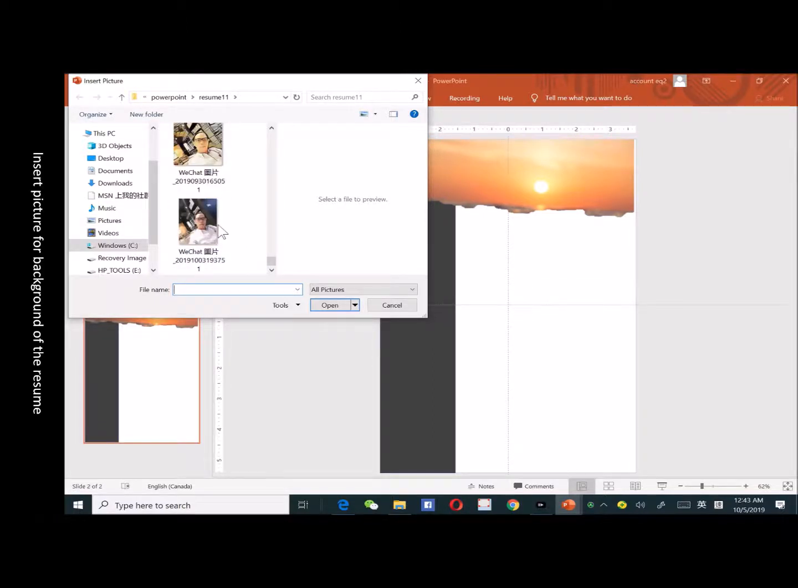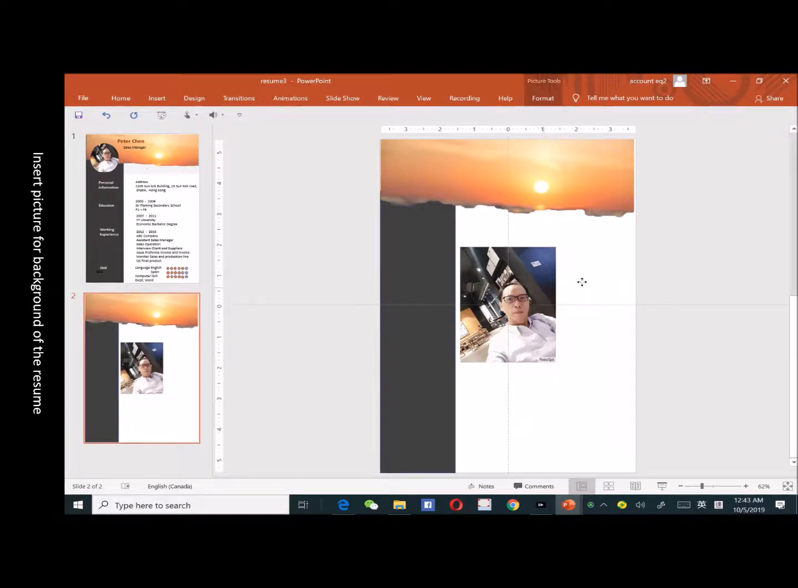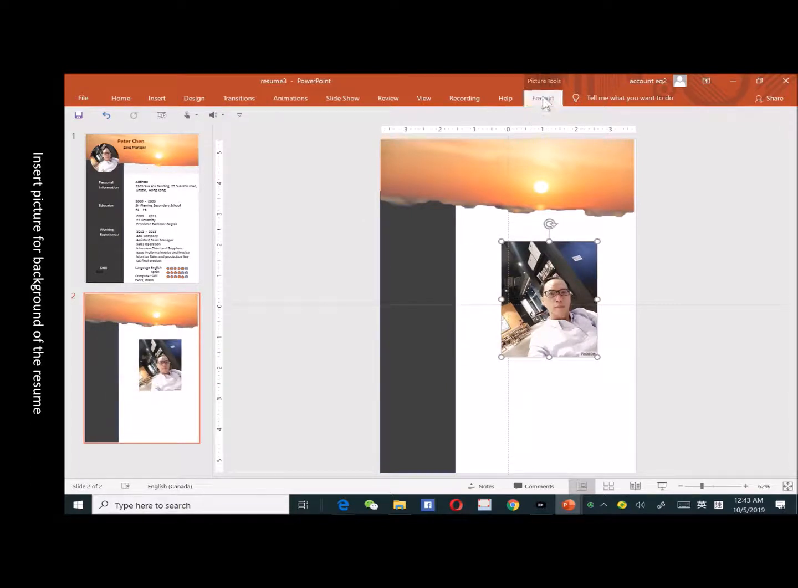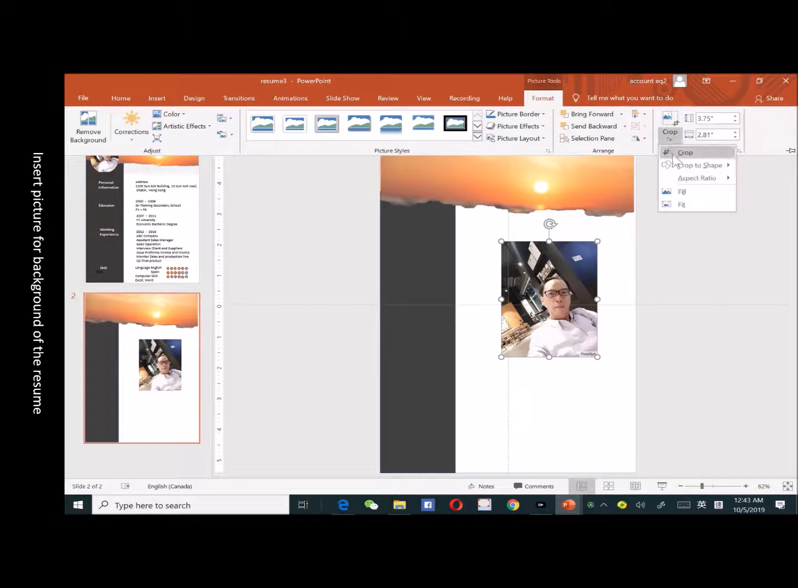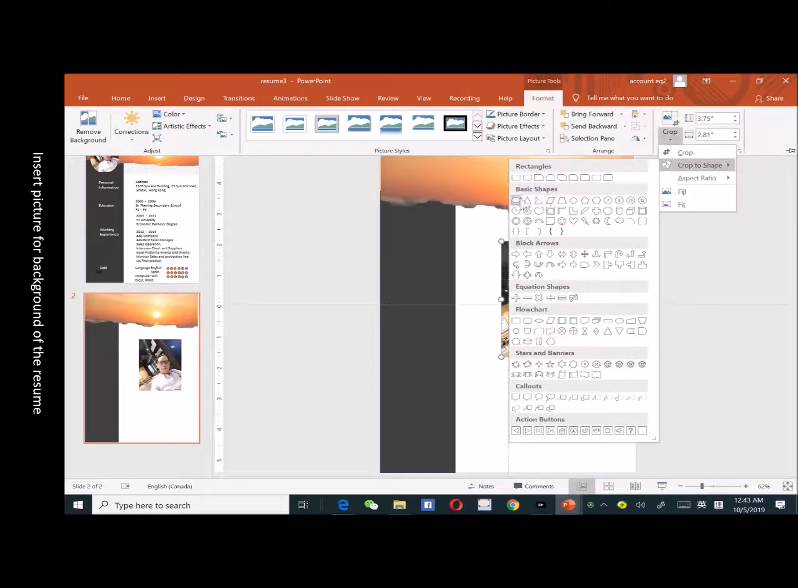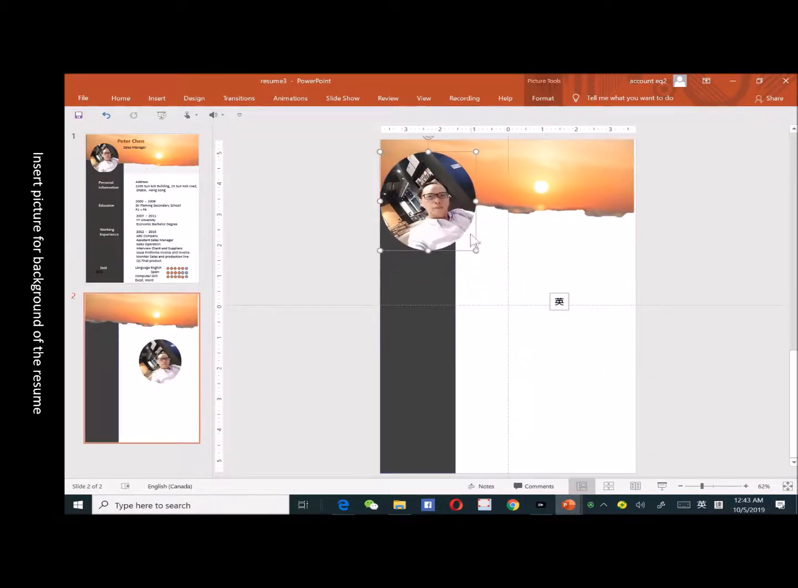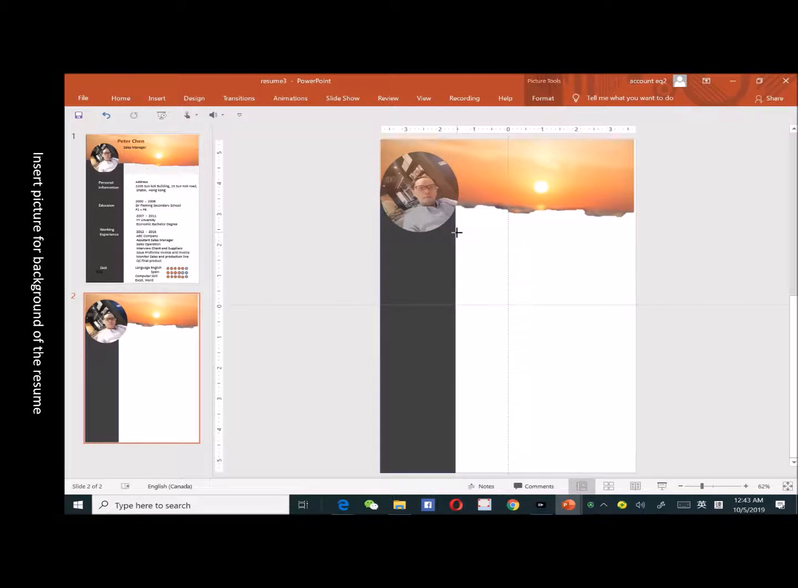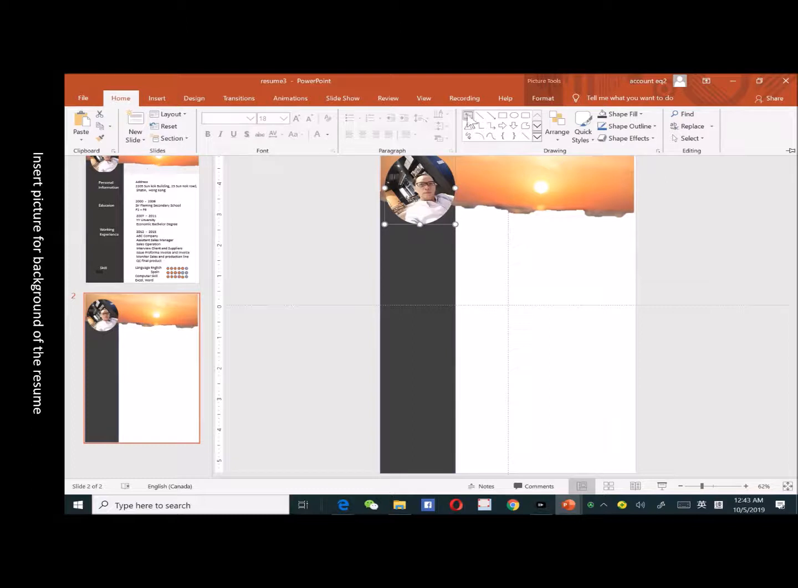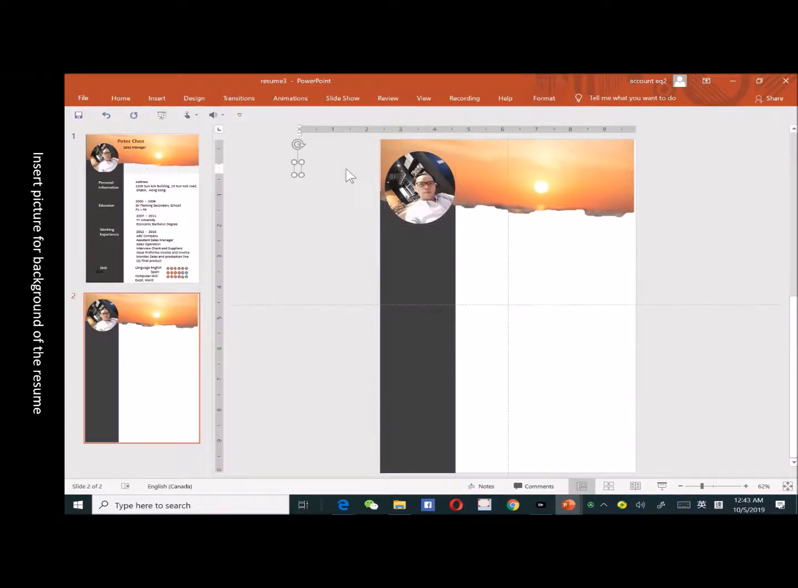Okay, after selecting the beautiful picture, we go to the format column and select crop, go to crop to shape and select the overlay. After cropping, we adjust to a suitable area. Okay, after adjusting the picture to a suitable area and size, we go to the home column and then